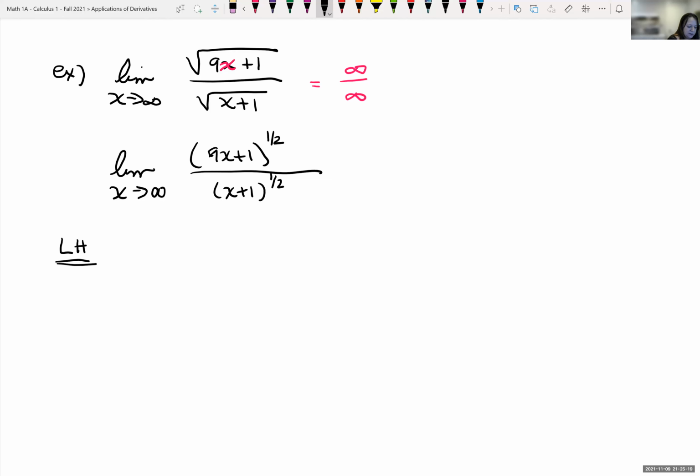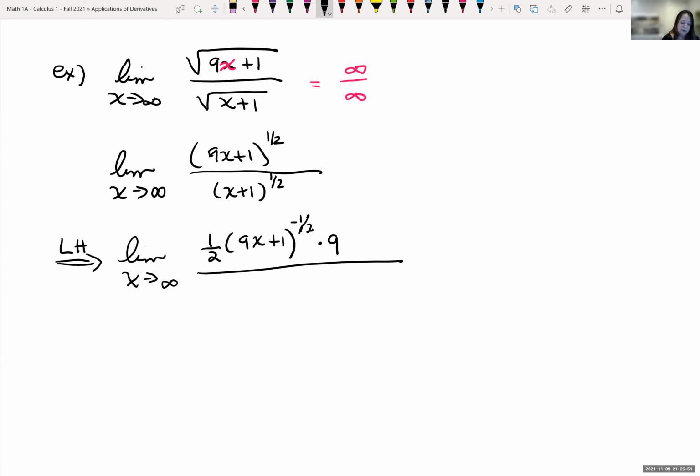So now let's apply L'Hopital's rule. Limit as x is going to infinity. So derivative of the numerator, I have 1/2 of the inside, 9x plus 1, subtract 1 from my exponent, so that's going to be negative 1/2, times the derivative of the inside, so times 9,